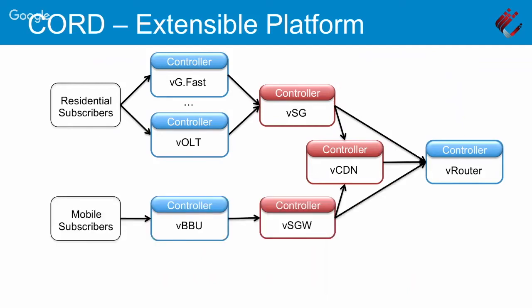Well, I can also bring in wireless access devices like a virtual BBU, and then I'm serving a different set of consumers, the mobile subscribers. They may have a little different something upstream from them instead of a virtual subscriber gateway. Yeah, maybe it's a little legacy. I'm kind of taking some liberties and pretending we've moved a little bit into the future with this picture, because that turns around and uses vRouter to get out to the internet.